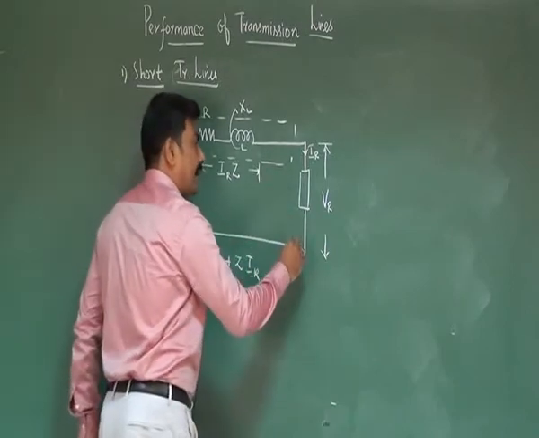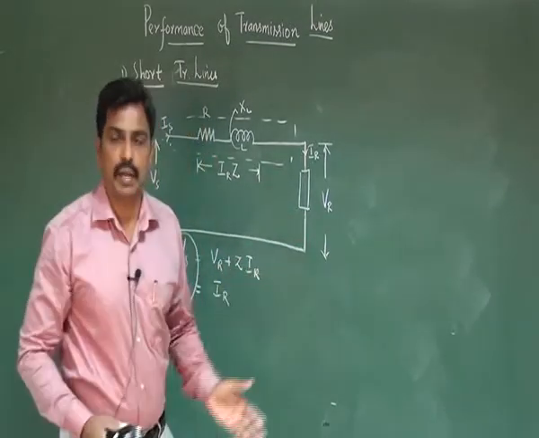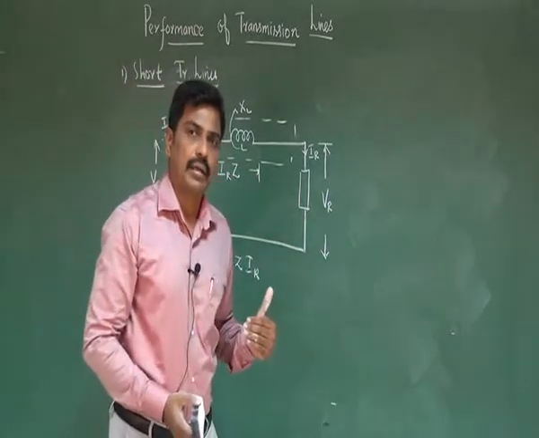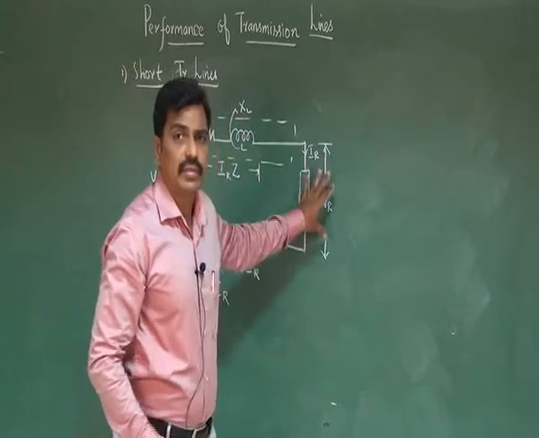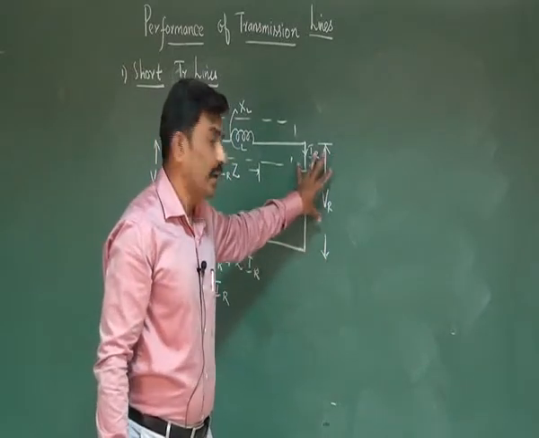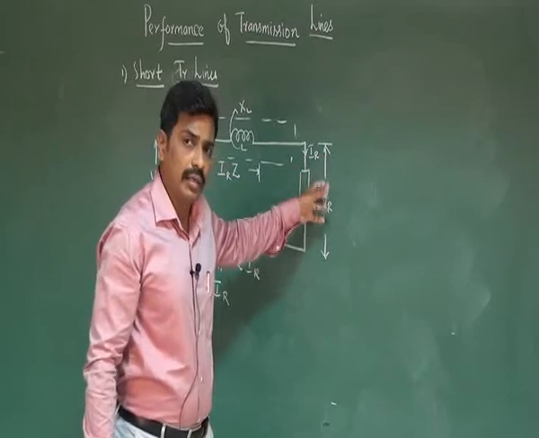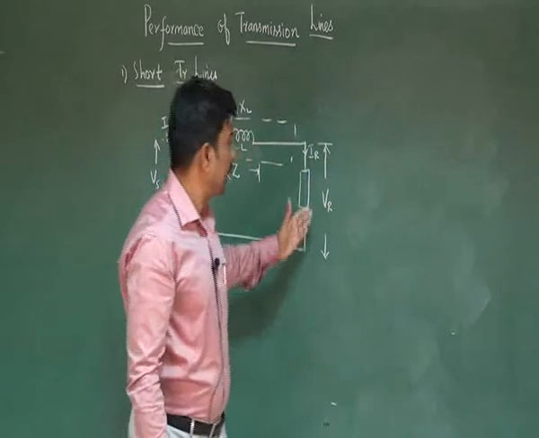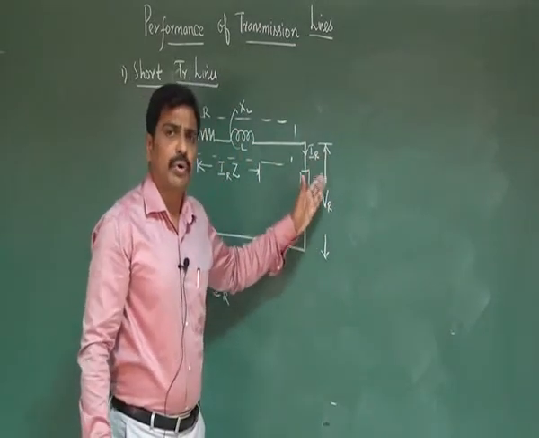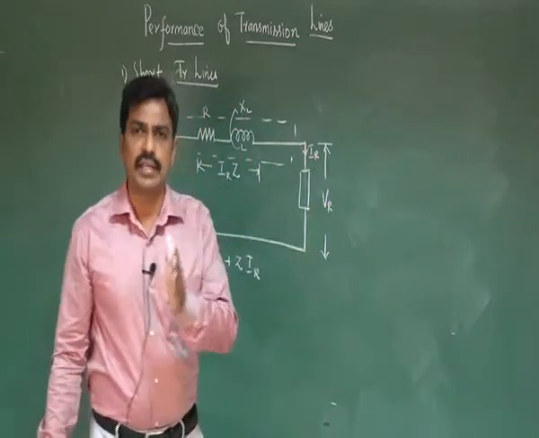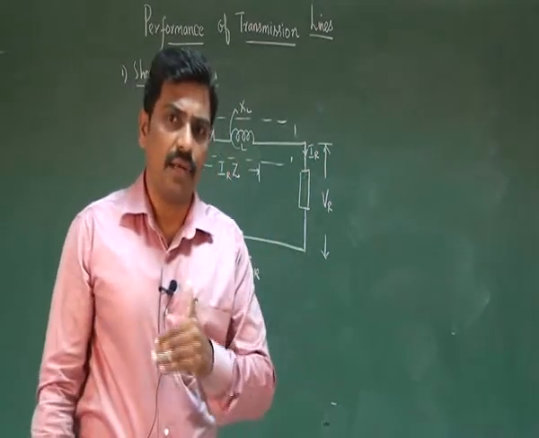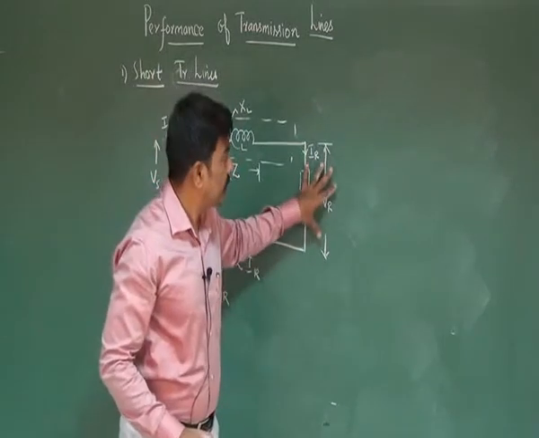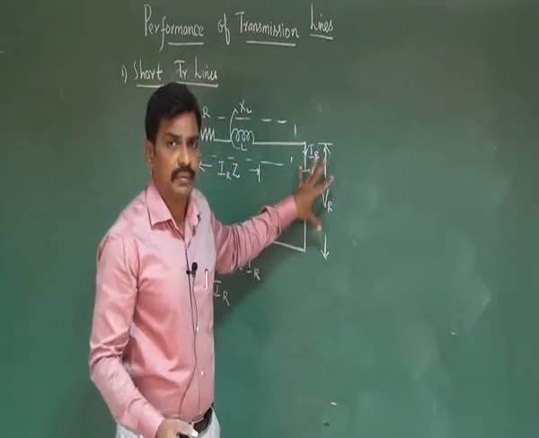Here we can always have the values of the receiving end parameters. That is, for any kind of power system we can easily identify the values of the receiving end parameters. VR will be known, IR will be known, as VR is available at the consumer end. If you know the values of VR and IR, it is very easy to identify the receiving end power factor. Once you know all 3 values, it is easy to identify the receiving end power.